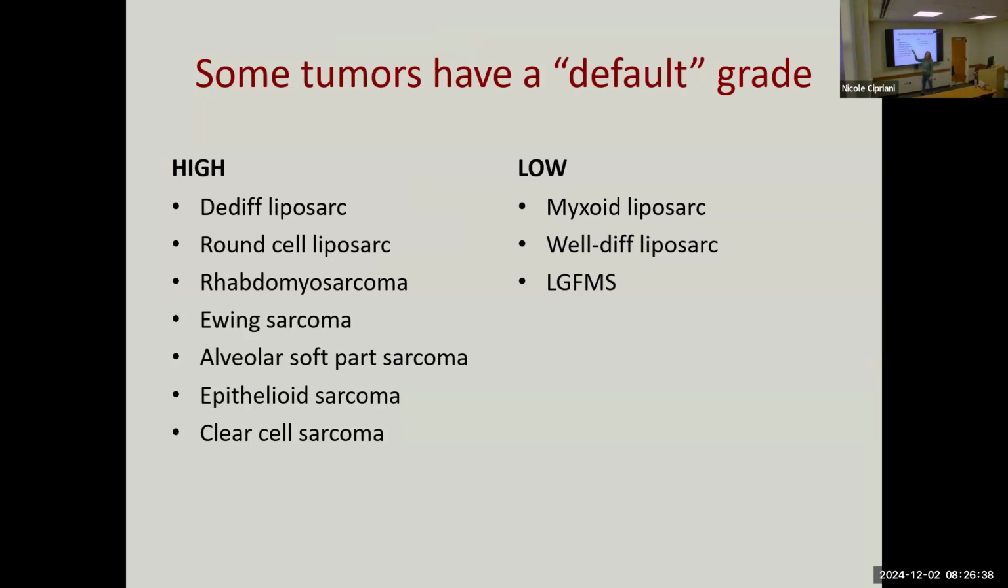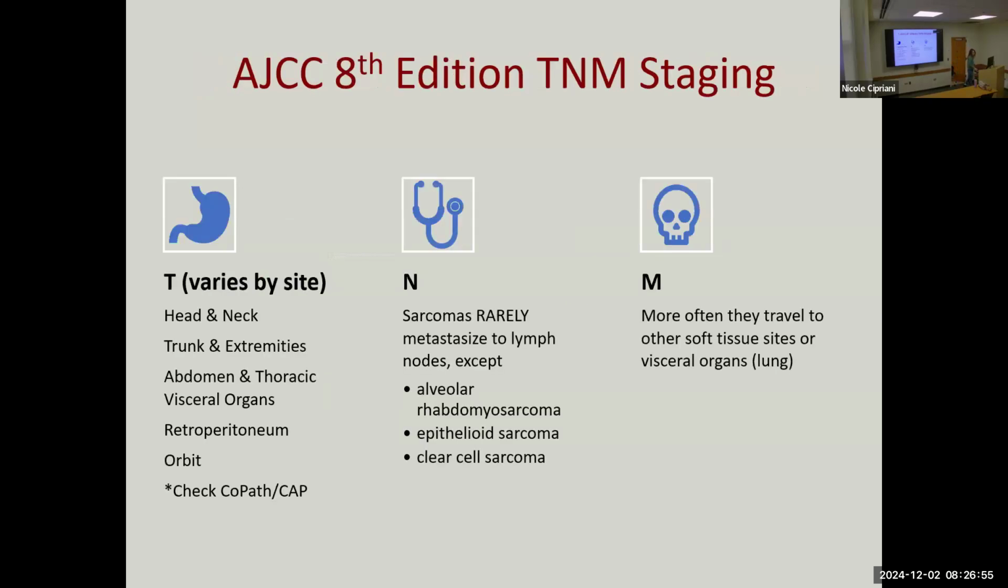Things that are by default high grade: also dedifferentiated liposarcoma, right, round cell liposarcoma, rhabdomyosarcoma, Ewing's, alveolar soft part, epithelioid, clear cell. These are just biologically high grade, regardless of how many mitoses or necrosis they do or don't have. The current AJCC 8th edition stages tumors by